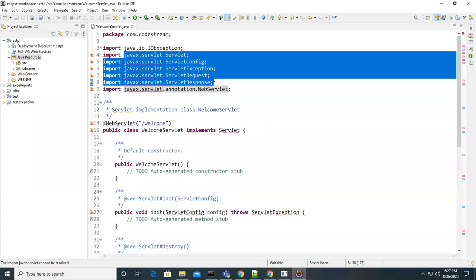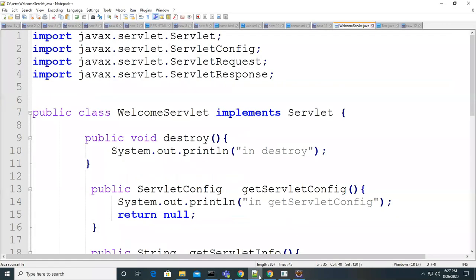So nobody has any idea? It means you are not practicing. We did not use those packages, sir. When you create this servlet class, you use all those things, right? Servlet interface, servlet config, servlet request, servlet response.